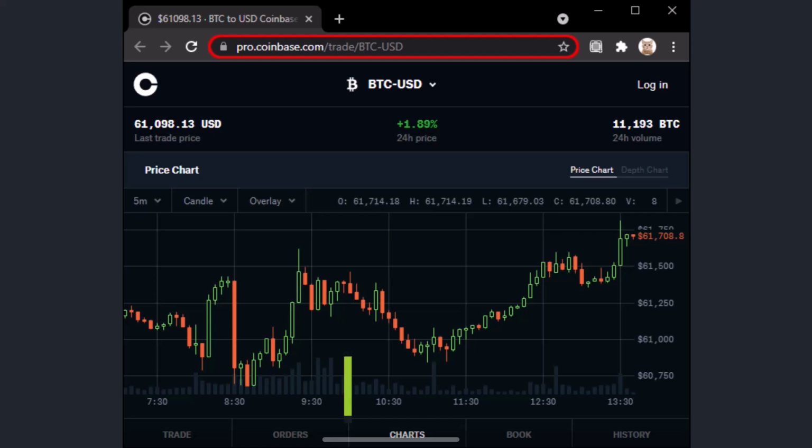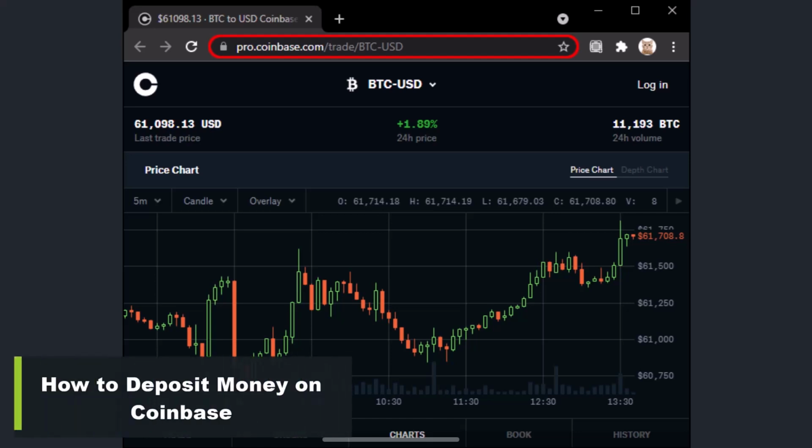How to deposit money on Coinbase app or Coinbase on your PC, or how you can add money to your